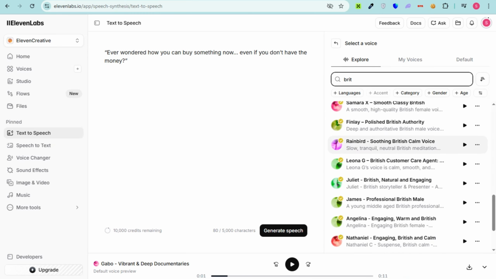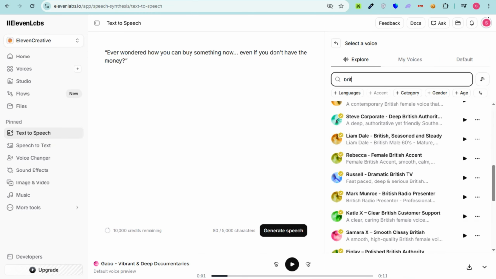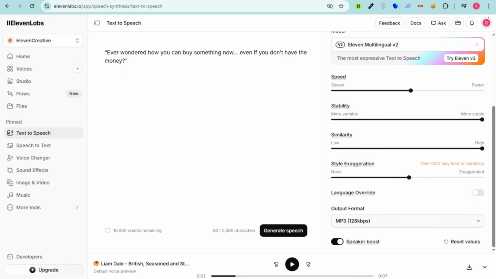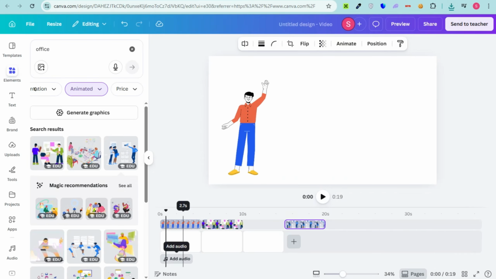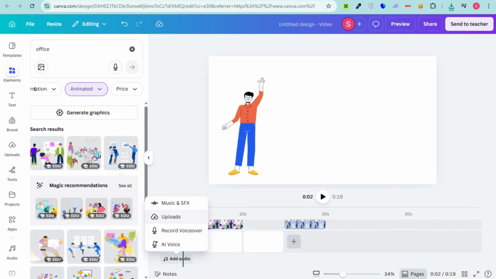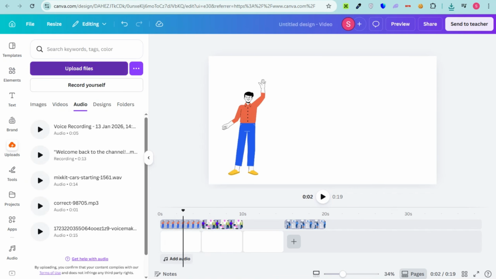You can also search for a specific one, for example, British, but make sure that you are using the upgraded version of 11 Labs to use more voices. Once you have added that voice, you can generate and then download this. Once you have downloaded this audio file, you can go back to your Canva and upload this. It's the same thing. All you have to do is drag the audio below the page here in Canva. Tap on upload, go to audio, select the audio right here,